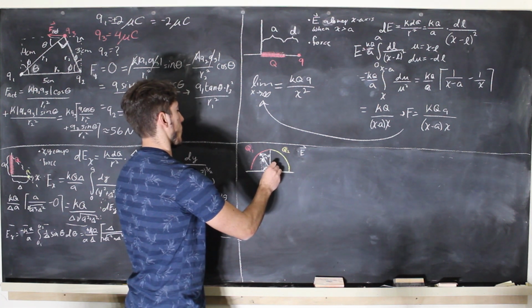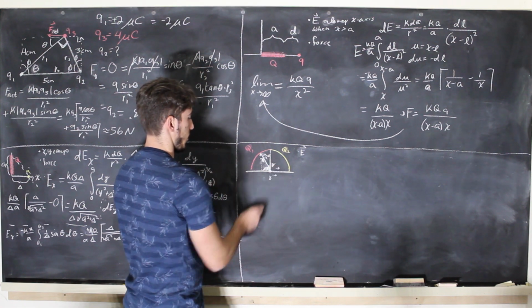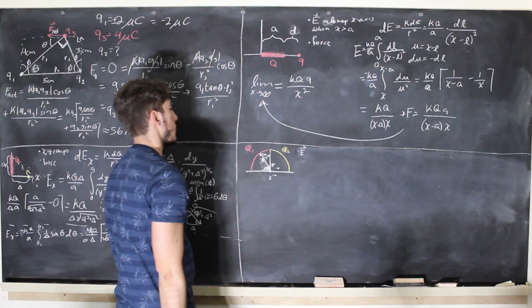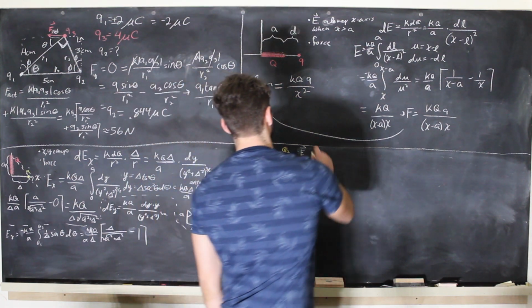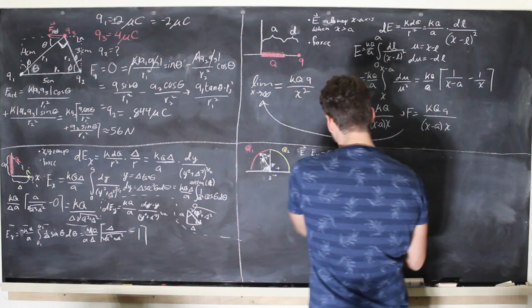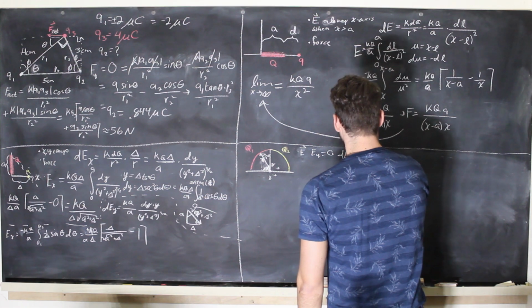This negative charge is causing an E field up to the right. These two are going to cancel out because it's the same distance, the same charge, except opposite. So Ey is going to be 0. Now, dEx,